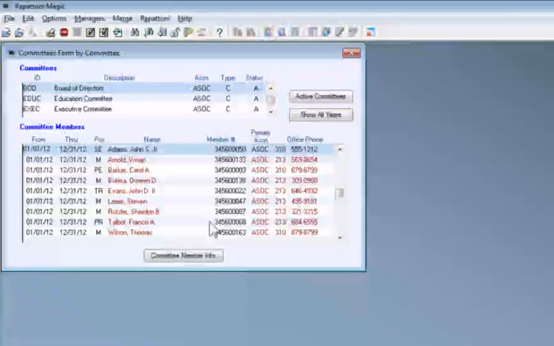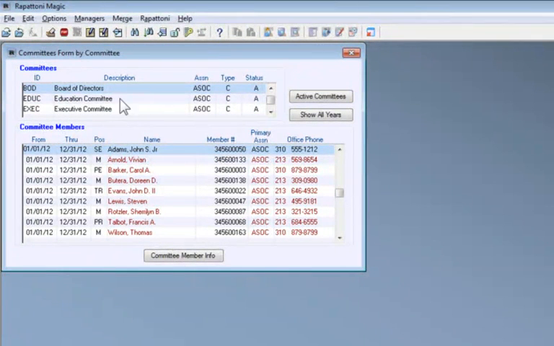Can you delete a standing committee? I suppose you could delete a standing committee if you want, but if you delete a committee, all the historical data goes with it. So there is a purpose for retaining previous committee years' information. So of course we're only dealing with current year's information. We're only looking at the Board of Directors for